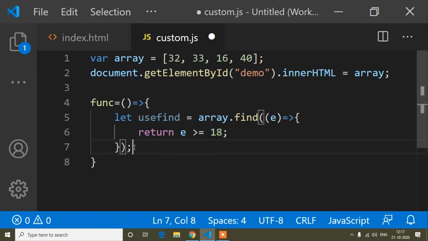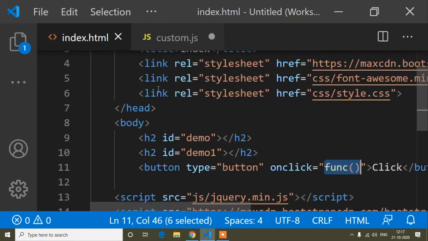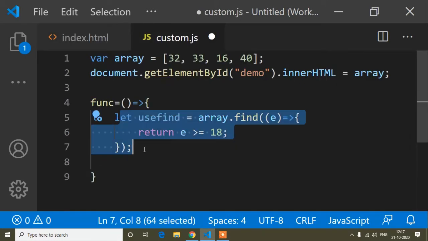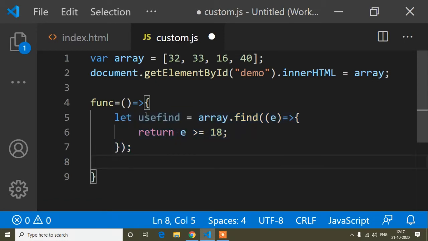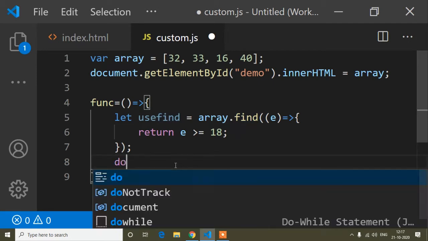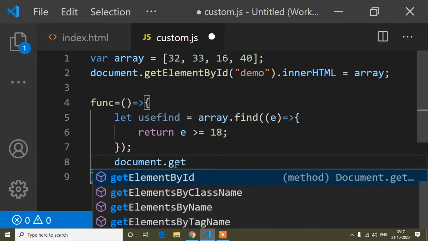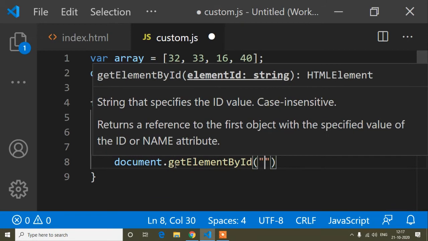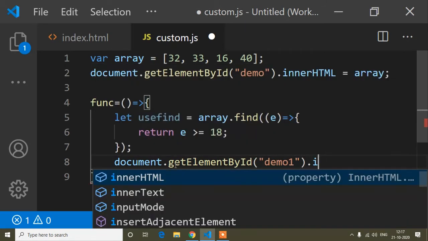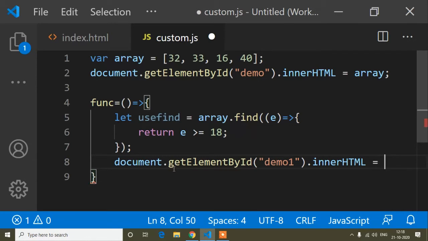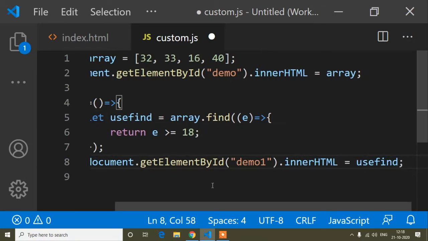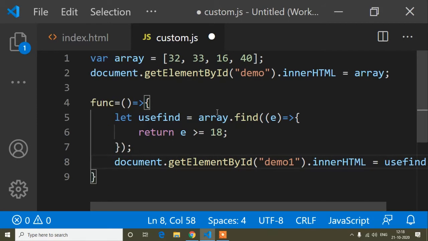And now, in this demo1 id, I will show the output of the find method. So document dot getElementById, and the id is demo1 dot innerHTML, and in this innerHTML I will paste this variable, because I stored the array find method result in this variable.